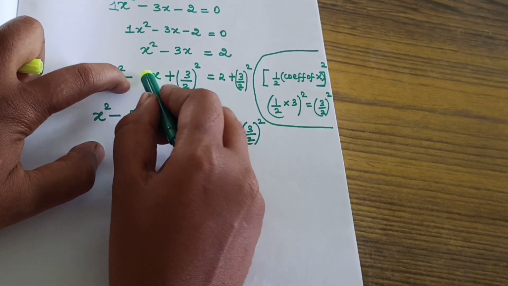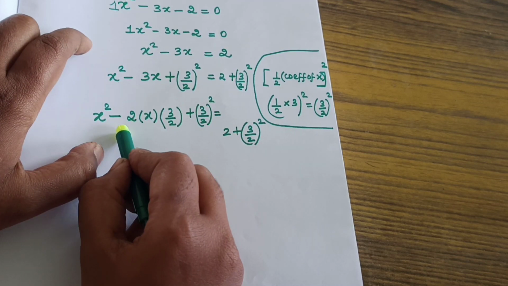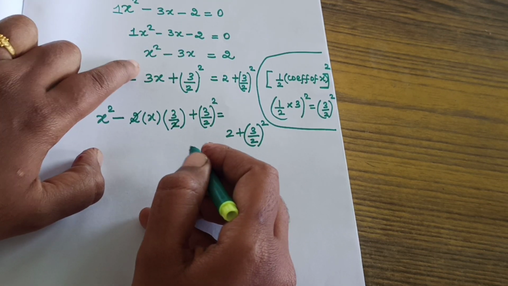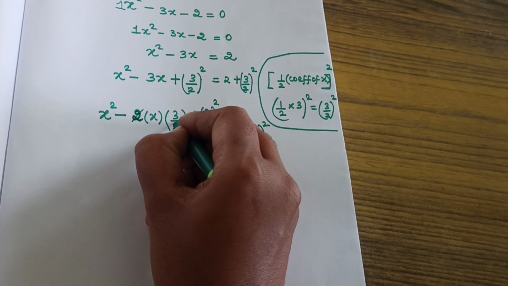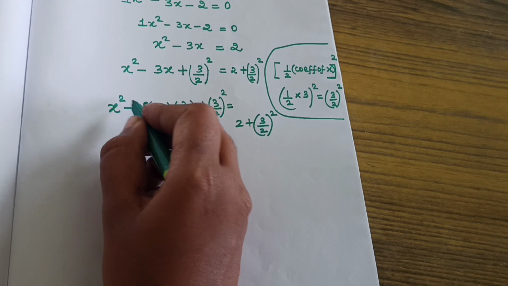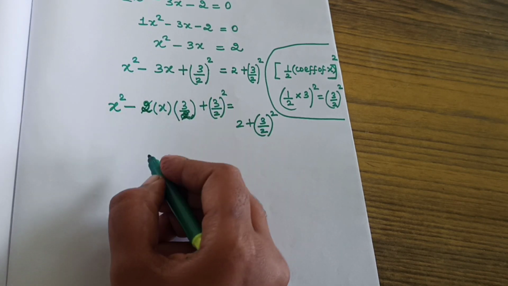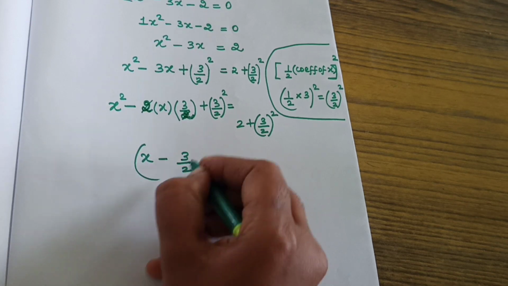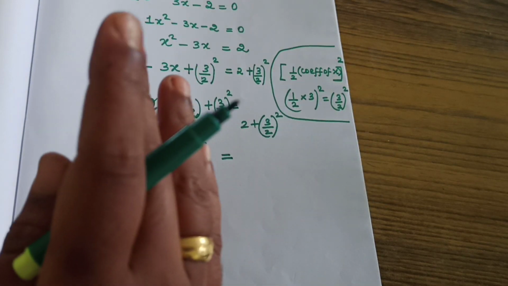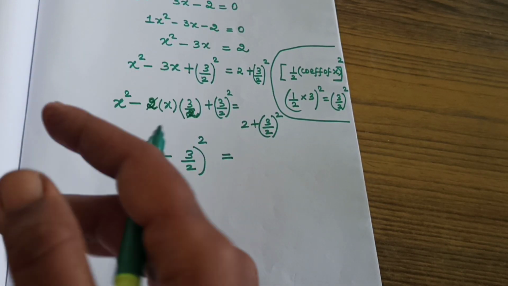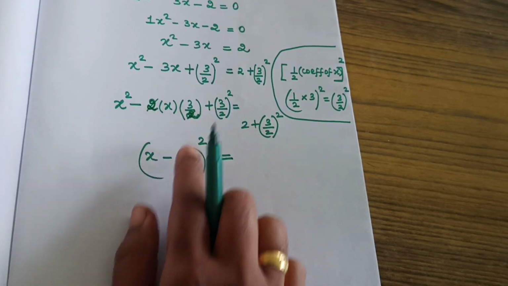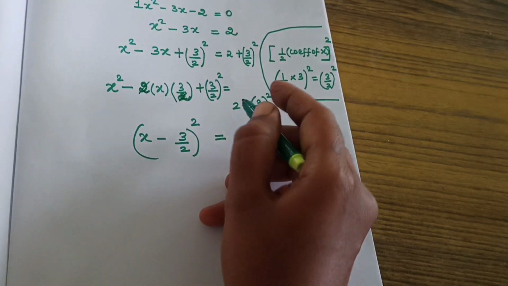The thing is, I just rewrote this 3 as the 2ab formula. So while cancelling, we are getting 3x, the same term, no? So don't cancel this. So this is 2 and this is also 2, like that. Then this is the expansion of which formula? a square minus 2ab plus b square. a minus b the whole square, which is equal to this 3 terms. There are only 2 possibilities: one is a plus b the whole square, otherwise a minus b the whole square. Here the minus sign, no? So a square minus 2ab plus b square means a minus b the whole square.